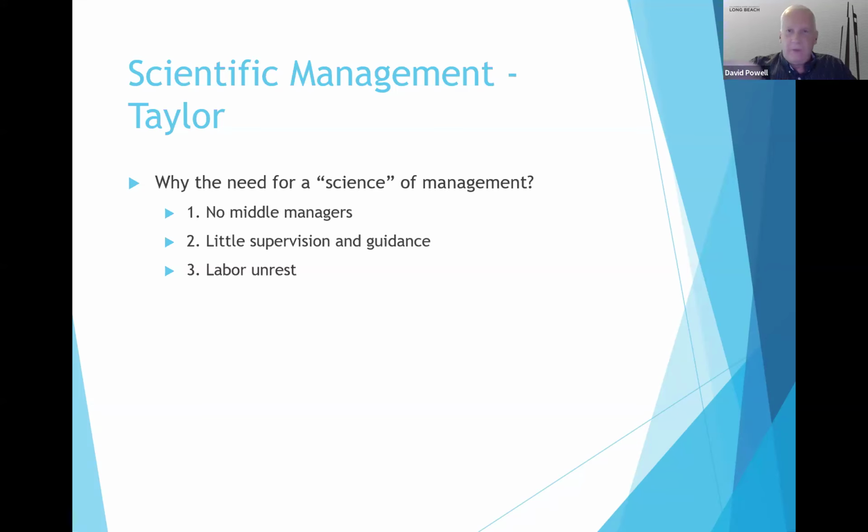He felt that if we could come up with this science of management, that's how we can make our organizations efficient. Now, this is another difference between Weber and Taylor. Weber, even though he did look at efficiency, was interested in making the structure of the organization as effective as possible. Taylor has much more of an efficiency type of focus. Now, obviously, efficiency and effectiveness can be related to each other. If you create efficiency in your work processes, you can then enhance productivity.